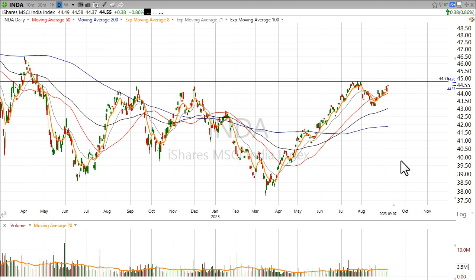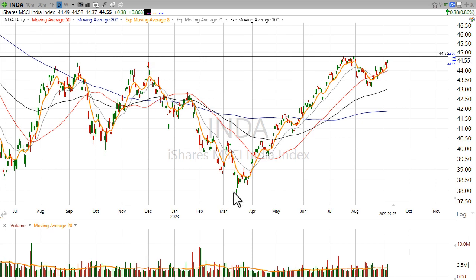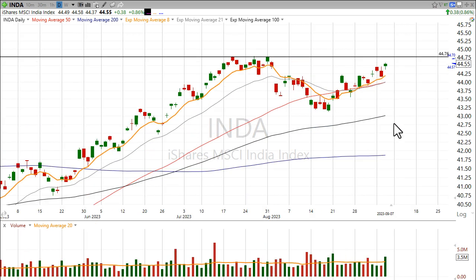So, as I was scanning through some of my ETFs today, I saw the India ETF, and I'll be honest, this chart looks pretty good. It's been on a nice uptrend since March, ran up that orange line. That's the daily 8 exponential period moving average. A few dips underneath, they brought it back up, and it just kept going and going and going. Recently, we had a test of the red line. That's the 50-day moving average, and it successfully tested that area and is marching towards the high from back here